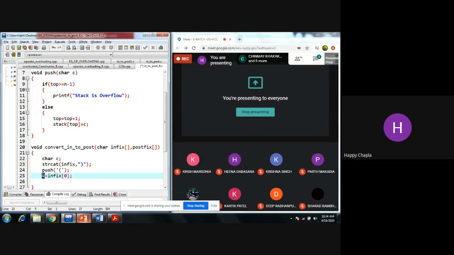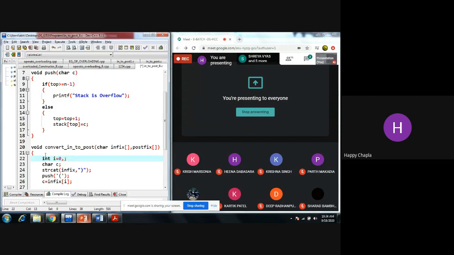That's why I can check now whether this C is A, B, plus, opening bracket, or whatever character I am encountering the first time. I need to check every case: whether it is a starting bracket, closing bracket, operator or operand, and decide accordingly. Next time I need to increment the infix index, so I'm storing it into I, which can increment every time.